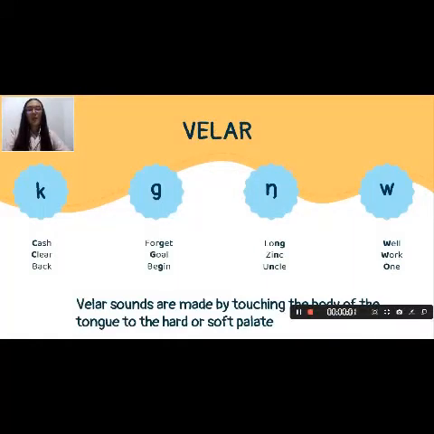Velar. Velar sounds are made by touching the body of the tongue to the back of the palate. English has 3 velar sounds. A voiceless velar stop k, k, for example, cash, clear, back. A voiced velar stop g, g, g,